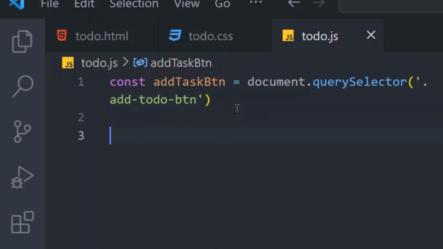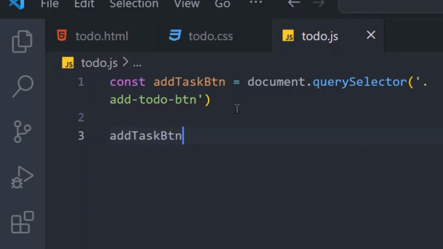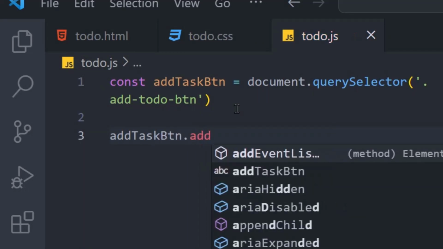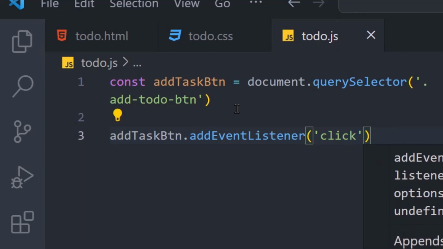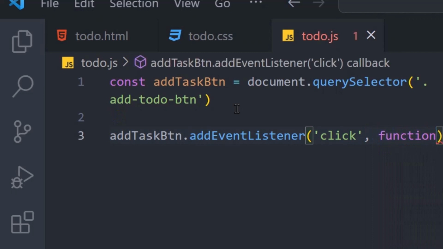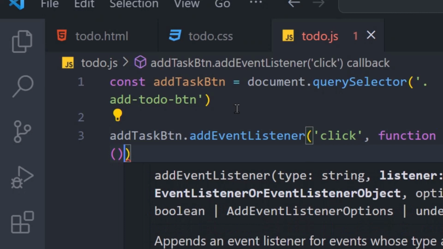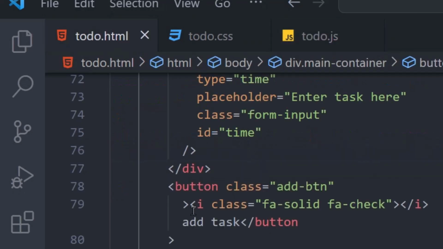Okay, so what I'm going to do is to add an event listener to this particular button such that when I click it, it will show the task form. So let's do just that. addTaskBtn dot addEventListener. The event that I want to listen for is a click event, and once this event is fired, I want to call this particular function. And what do I want the function to do? I want the function to cause this particular form